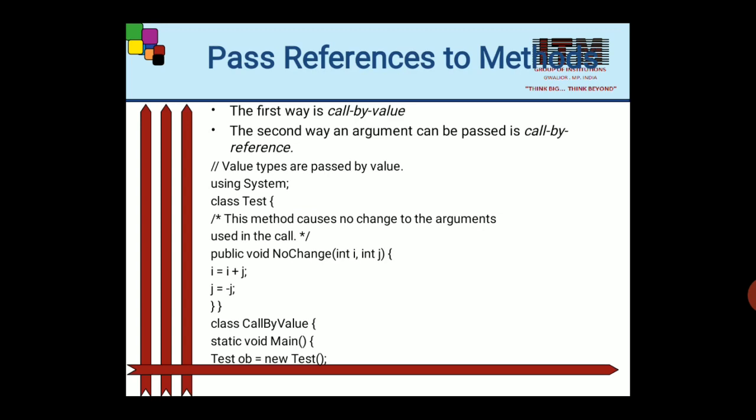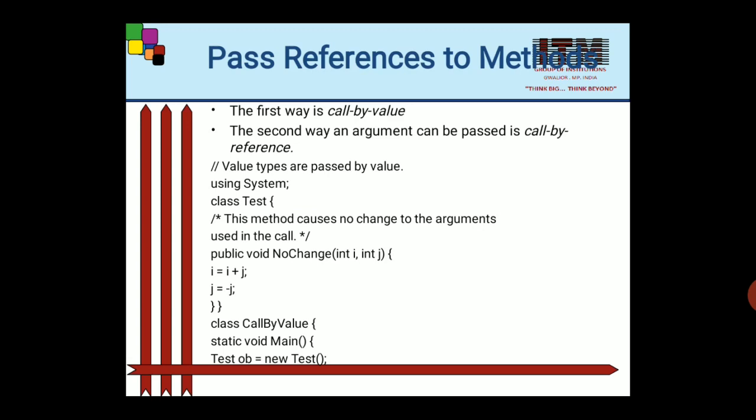As we discussed last time, passing an object reference to a method is a straightforward task. However, there are some nuances that the example did not show. In certain cases, the effect of passing reference types will be different from those experienced when passing a value type. To see why, let's review the two ways in which arguments can be passed to a subroutine.